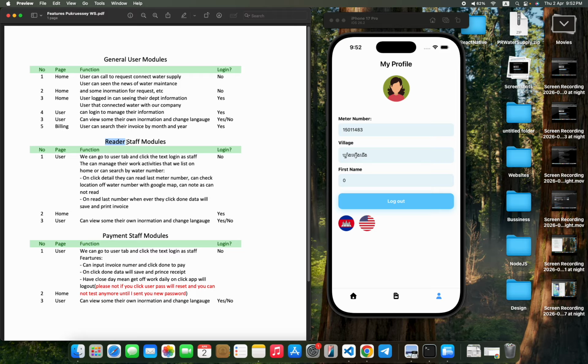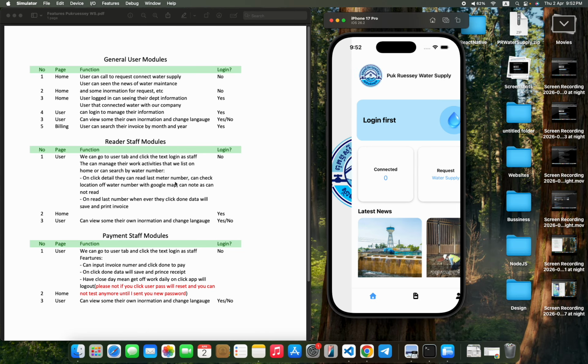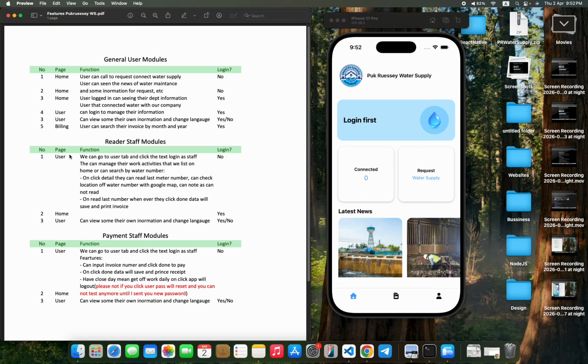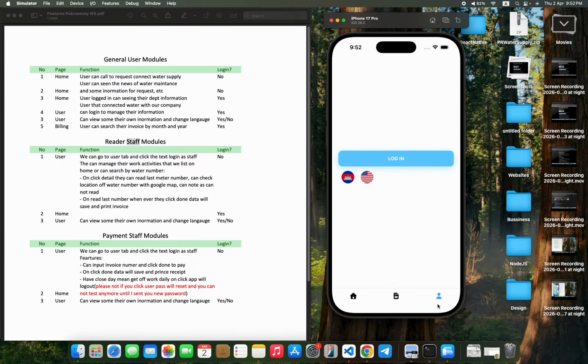So I will demo the reader staff for you. The reader staff have the user tab, the same as the general user, but they need to log in. So how can we log into the staff module? We go to account and click log in.